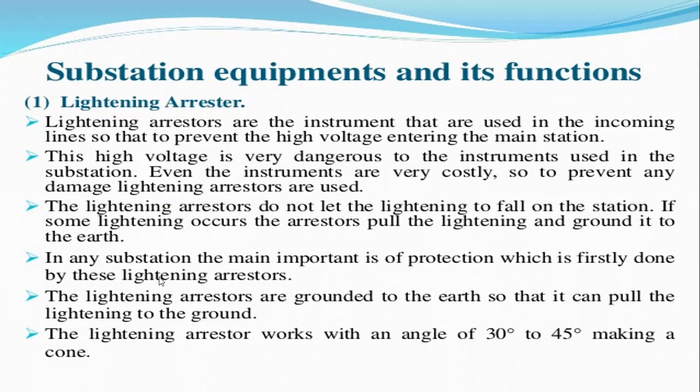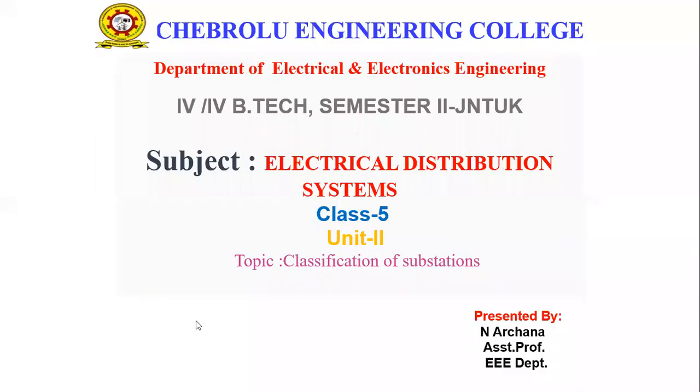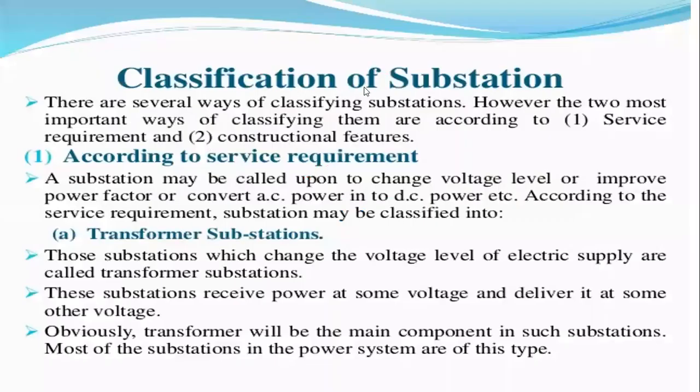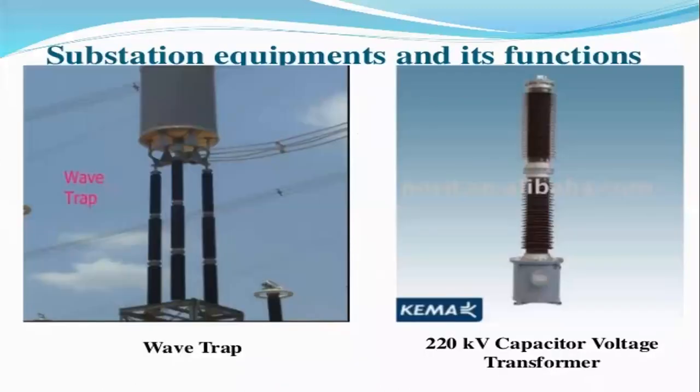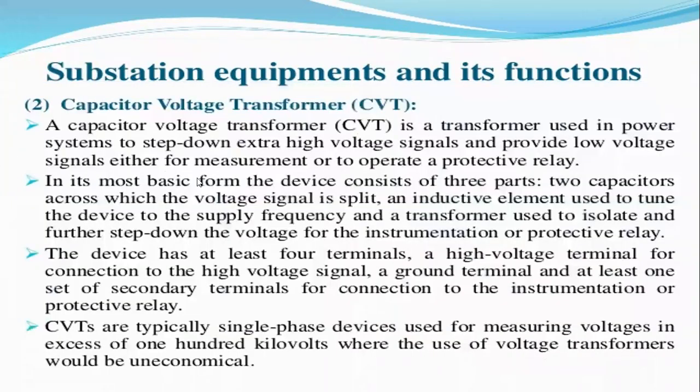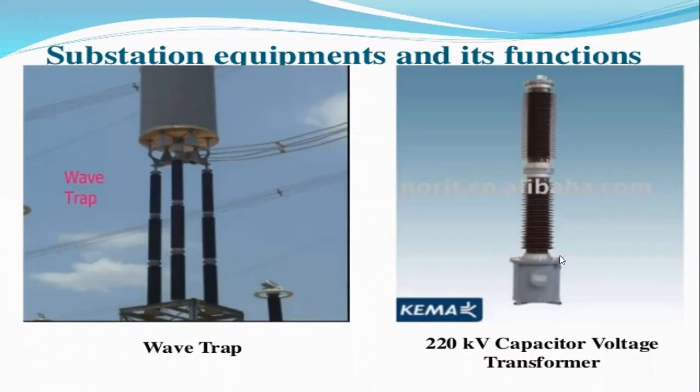These are the various classifications and the various equipment that will be used in substations. In the next class we will discuss the location of substations, how we will locate the substations, and the rating of distribution substations, how we give the rating for those substations. That will be discussed in the next class. These are some of the equipment that will be used in substations: wave trappers, capacitors, current